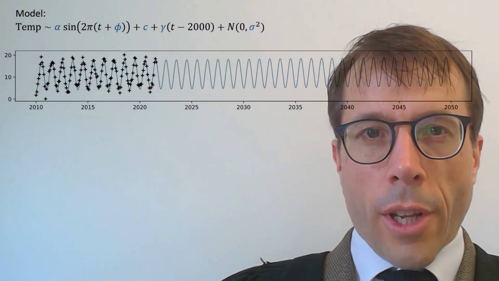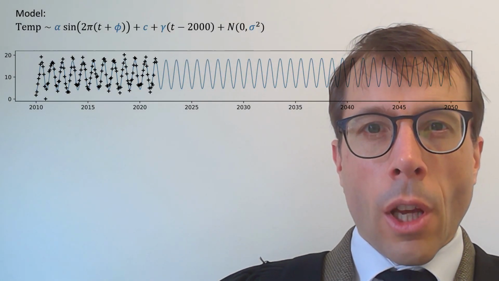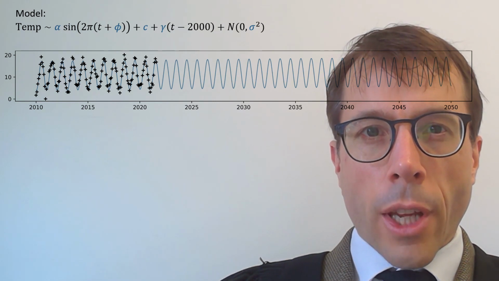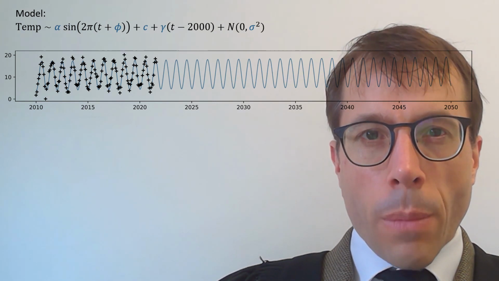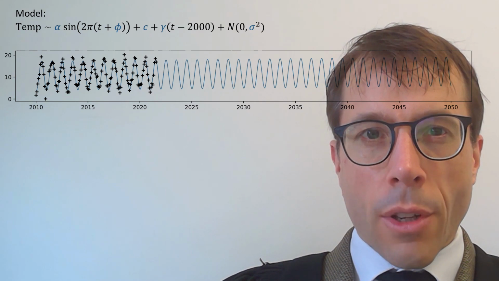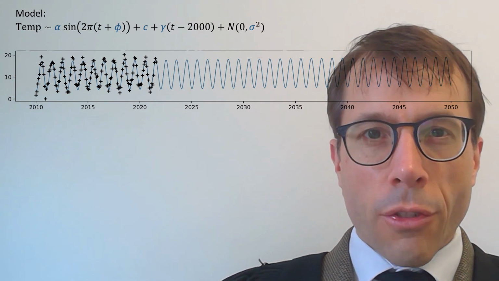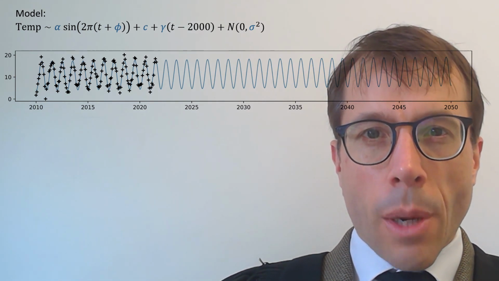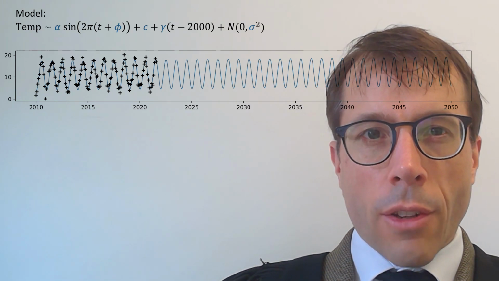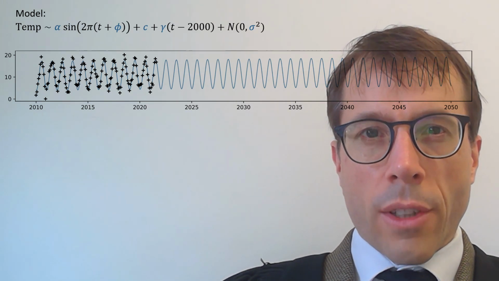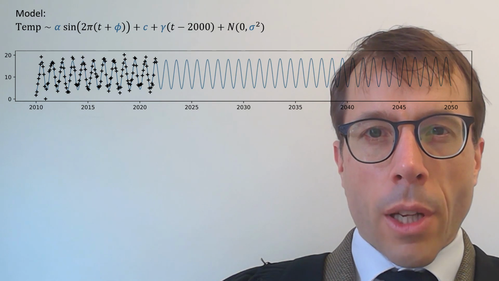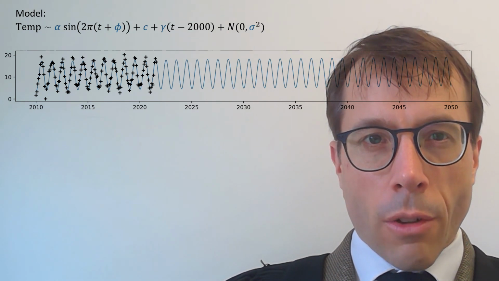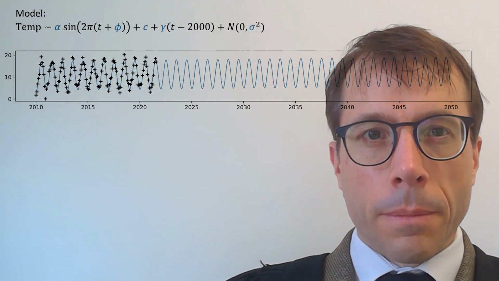Here's a model we've looked at several times already in this course, a model for monthly average temperatures in Cambridge. We know by now very well how to estimate the parameters in a model like this. For example, we can estimate the gamma term, the annual rate of temperature increase. For this data set here, just the temperatures from 2010 to today, the estimate for gamma comes out to be 0.05 degrees centigrade per year, which is rather scary.